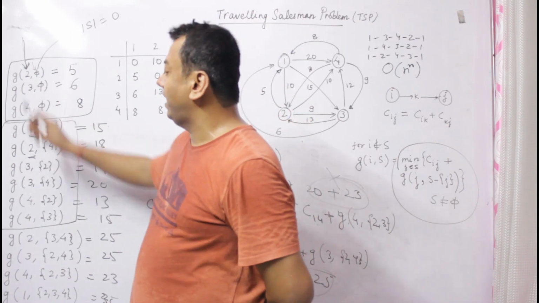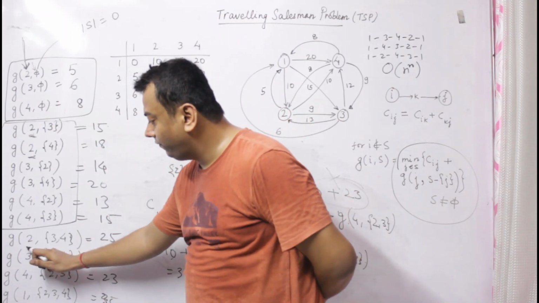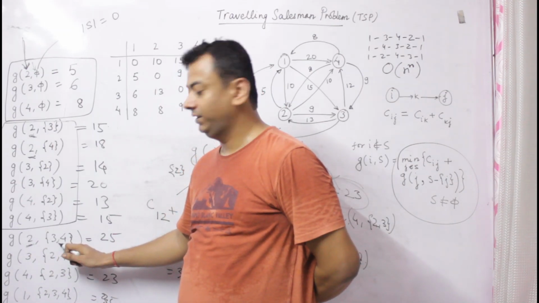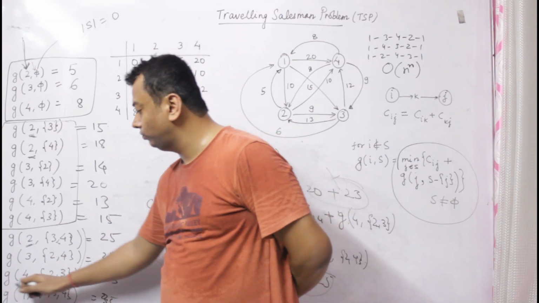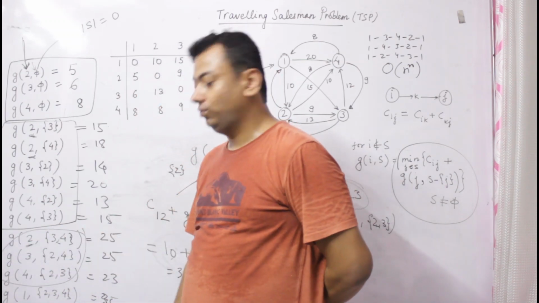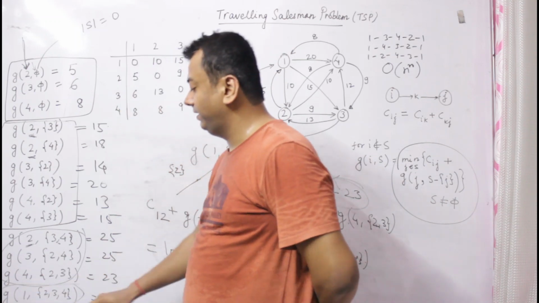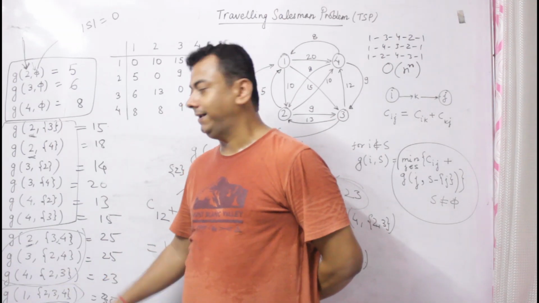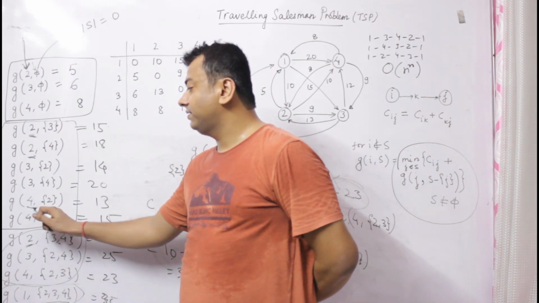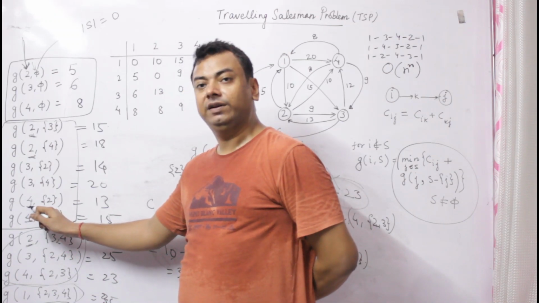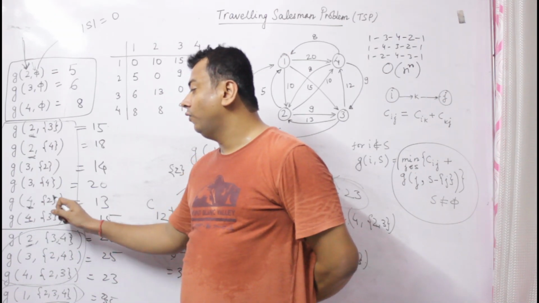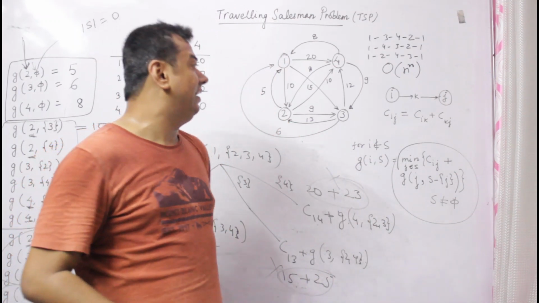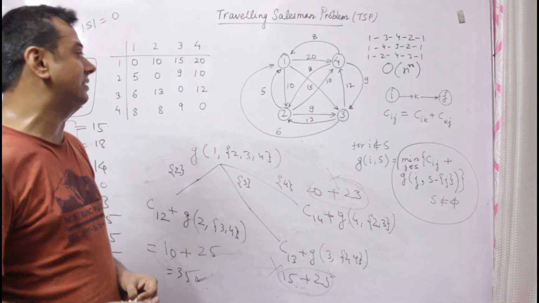So in this case, if you are at node 2, don't include 2 here. This is a subset of length 2. This is a subset of length 2. This is a subset of length 3, since the set elements are 3, the number of elements in this set is 3. If you see in this G function, we are at node 4, so we will not include 4 as an intermediate node. That's how you will write the program for this.